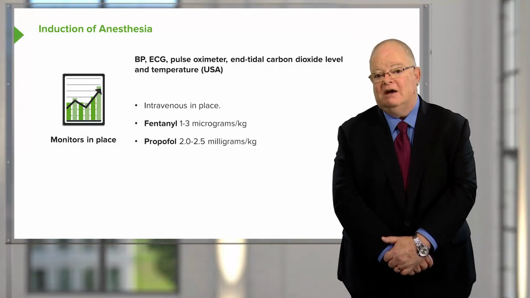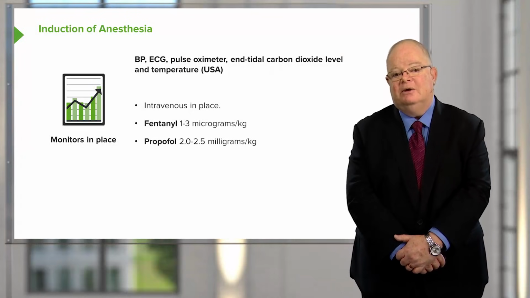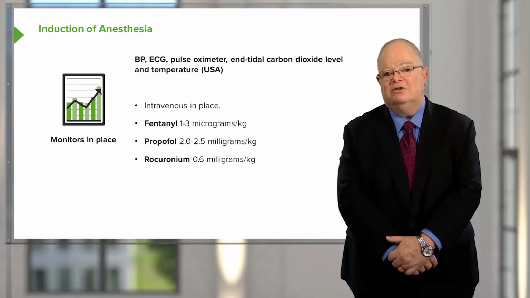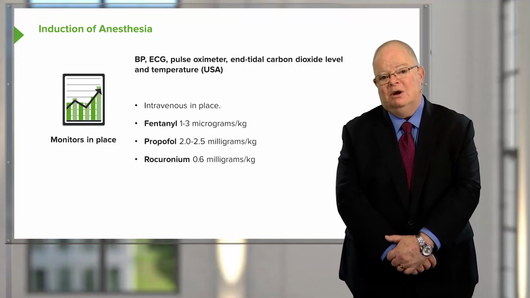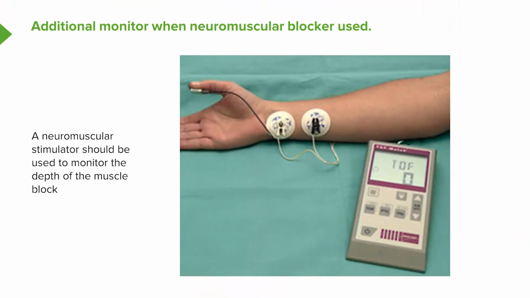I use 2 to 2.5 milligrams per kilo, and I follow this immediately with rocuronium 0.6 milligrams per kilo, which is a moderate but not large dose of rocuronium. When I'm doing a patient that requires neuromuscular blockade, I often use a nerve stimulator, such as the one shown